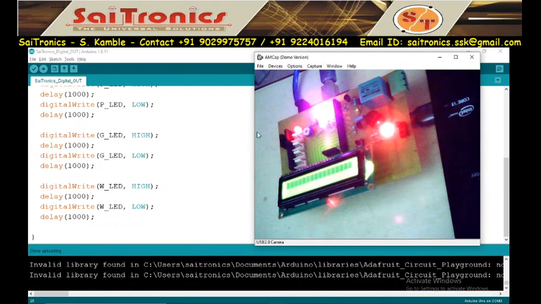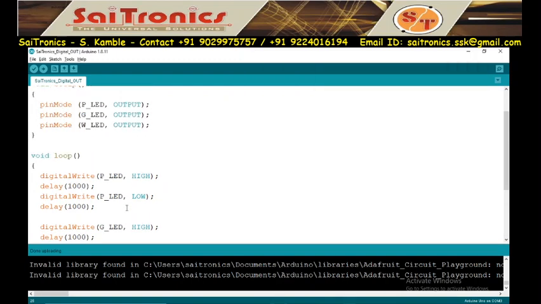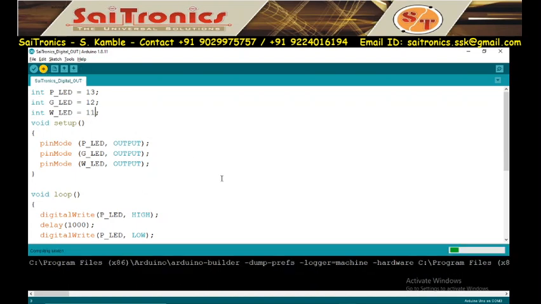Now see, first pink, so no change in my output. I have to check. I have kept the pin same, so I have to change pin 13 to 12 and then 11. Sorry for my mistake, I had not changed the pins, so I have to change the pins, and after that we will see the output.